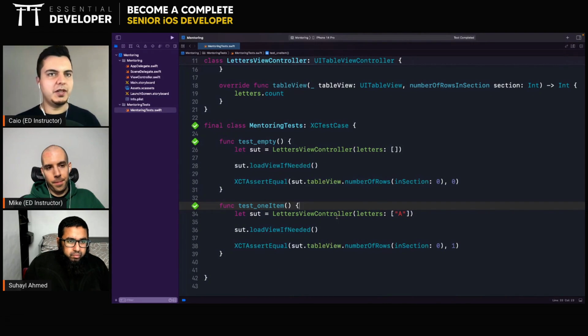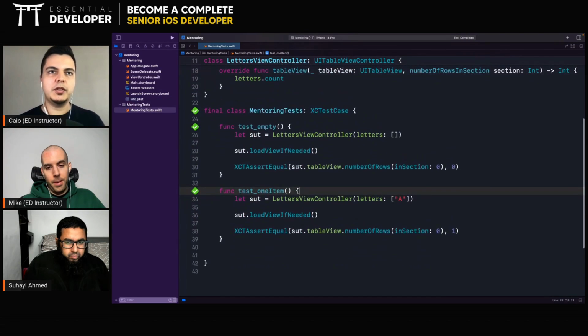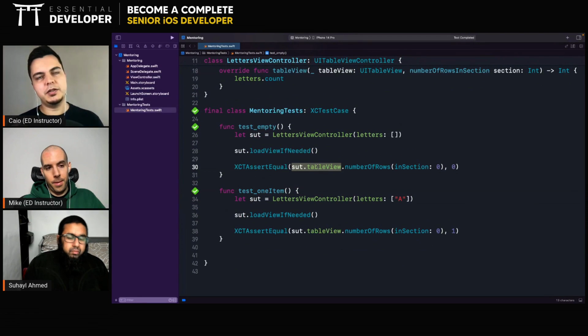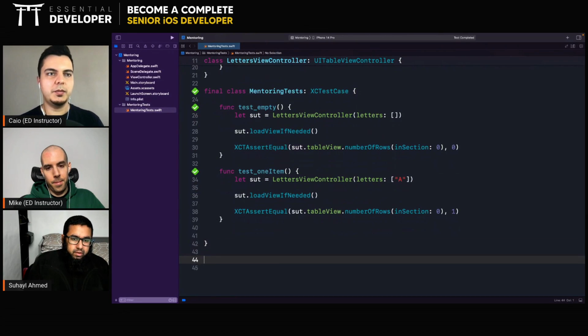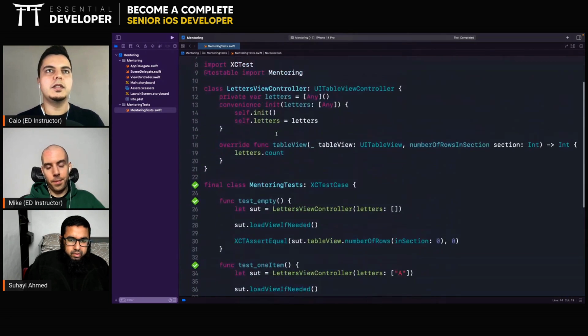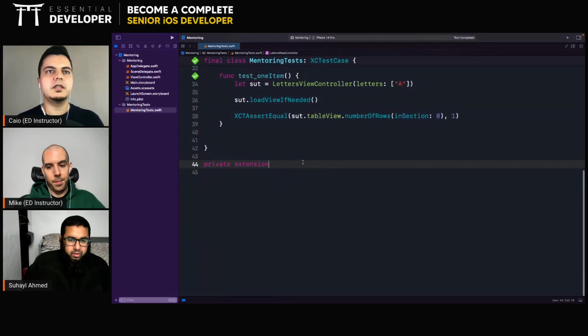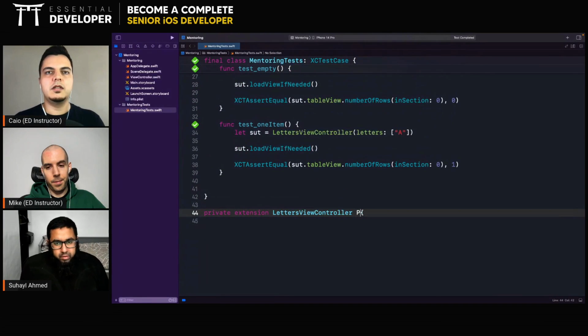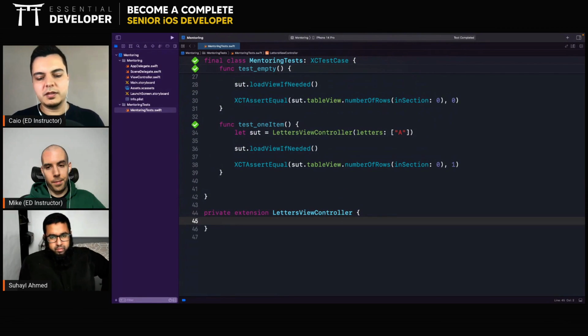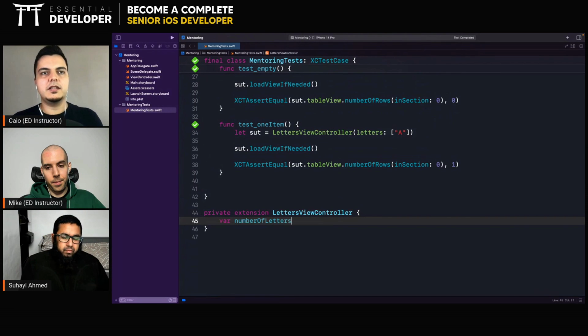It's very simple. It's very quick. You start extracting things now. For example, I don't want my test to be coupled with table view. What if I want to later use a collection view here? You can start creating some helpers here. Private extension of our letters view controller, and you have a tiny DSL here, like number of letters.